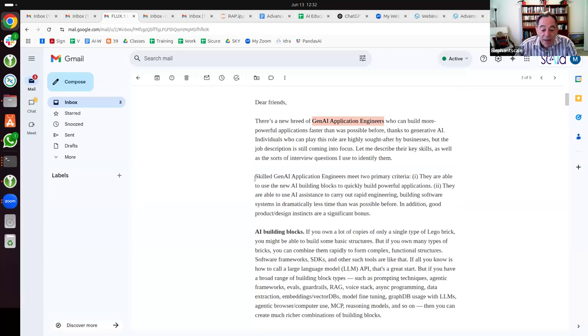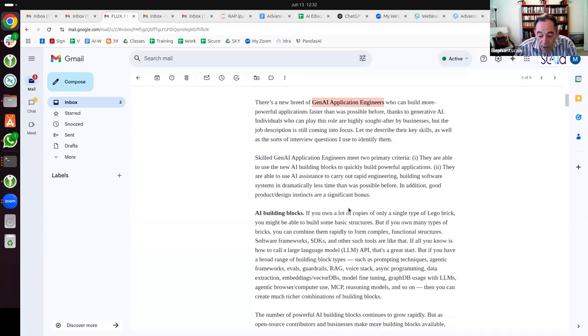One more paragraph. Skilled AI engineers, what are they? They're able to use the new building blocks to quickly build powerful applications. That's what they are, right? And that's how you recognize one. But then they are able to use AI assistants to carry out rapid engineering, building software systems in dramatically less time. That's all advertisement. What's important are the building blocks. You can think of Lego bricks. In other words,